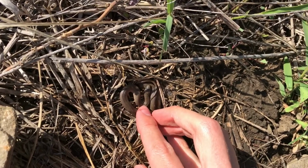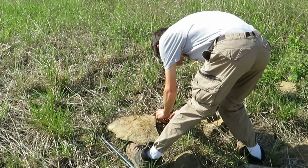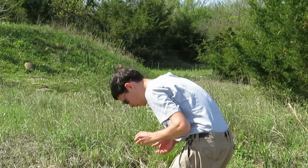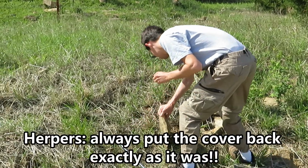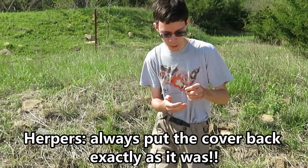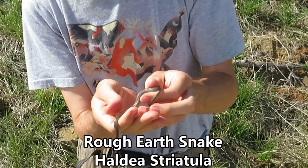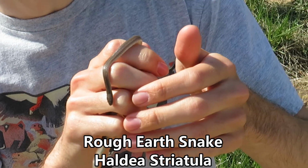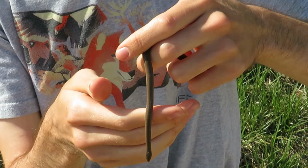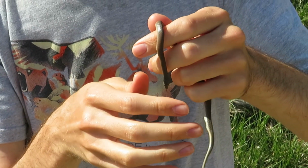This is about the absolute northernmost edge of the range, too. Pick this guy up. The bigger one. We'll take his rock back. Here we go. First snake of the day. Slightly bigger rough earth snake than yesterday's. Beautiful little fossorial guy. And yeah, up here in southern Kansas, this is the absolute northernmost edge of their range